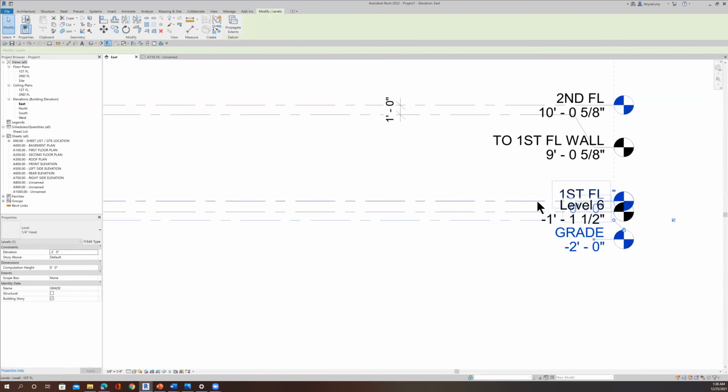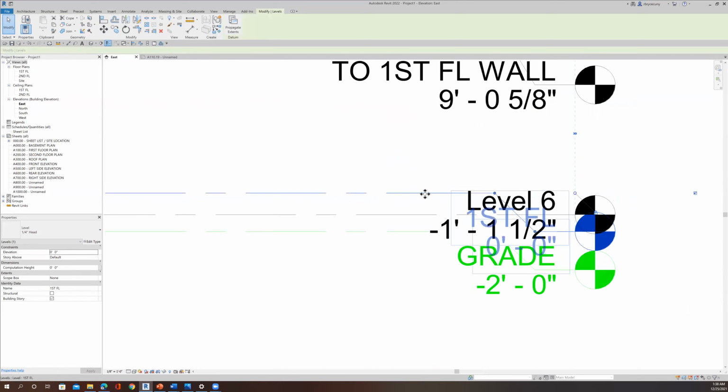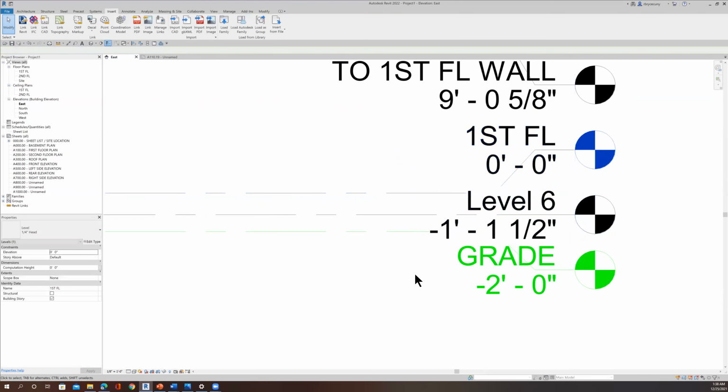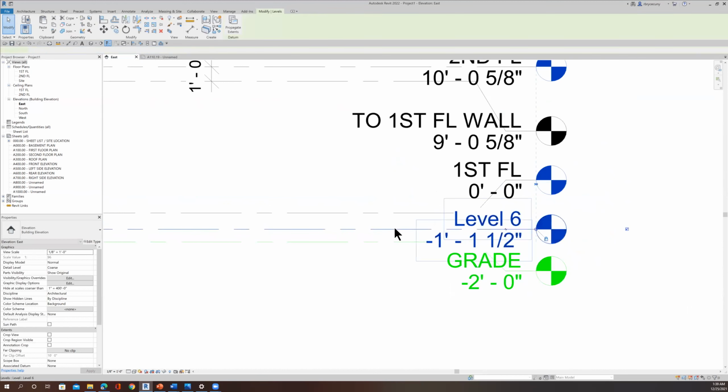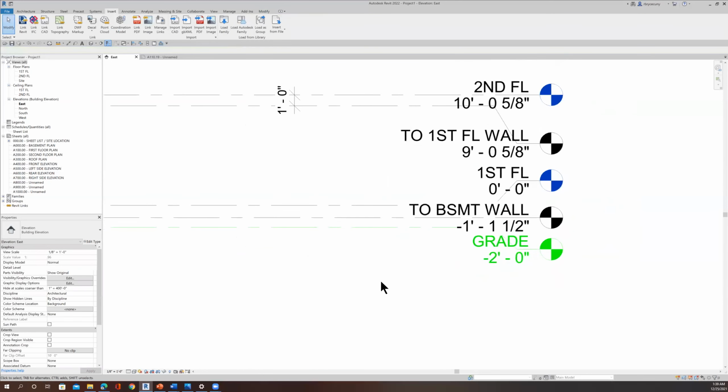Well, we'll click on this guy and click his squiggly or cedilla. And I'll hover over this and I can see where the dot is. But when I move my mouse, I lose it, but I kind of know where it is. So I'm going over there. All right, so now this we're going to rename TO basement wall. Okay, so now I got the top of the basement wall,